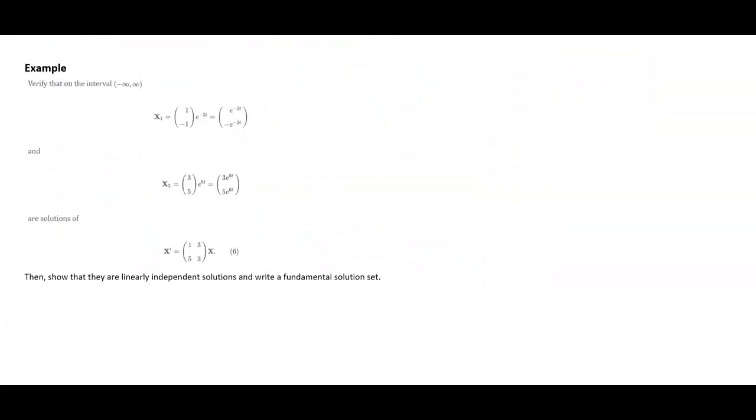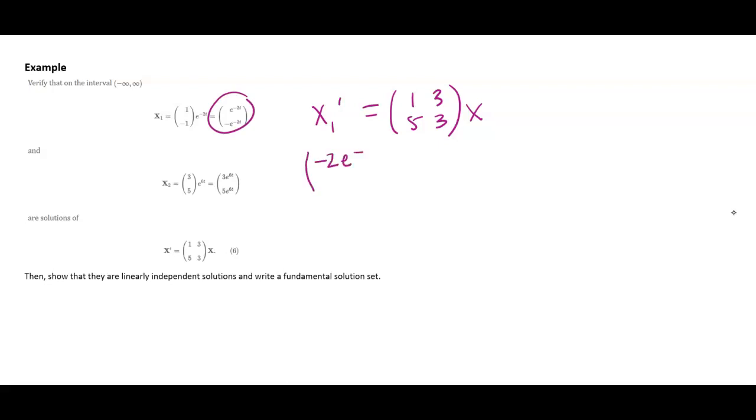All right, let's keep talking about solutions. If I want to verify that these are solutions to this differential equation, how we would do that is I would need to just show that x1 prime is equal to this here, with this being my X. All right, well, x1 prime would be -2e^(-2t). You just take the derivative piecewise here, and then 2e^(-2t). And I want to verify that that's equal to